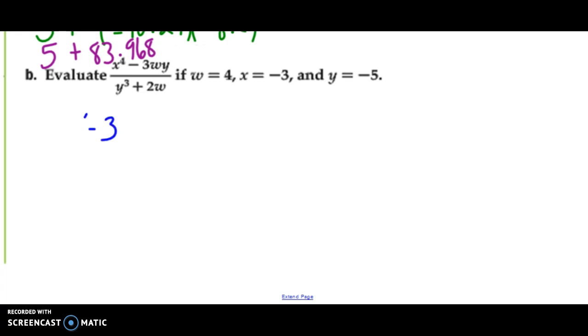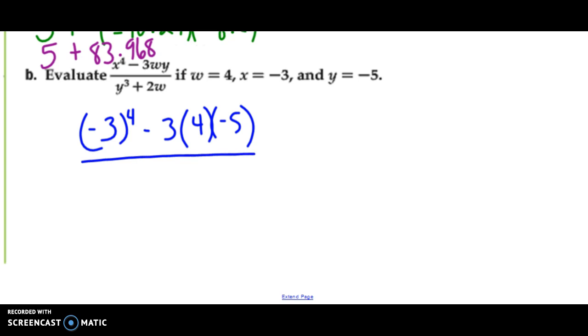So I'd get negative 3 to the fourth minus 3 times 4 times negative 5. Notice I still replace with parentheses, okay? So I know then that they are still there. And then I get negative 5 to the third plus 2 times 4. Okay, so now I've replaced all my variables with their numeral values,